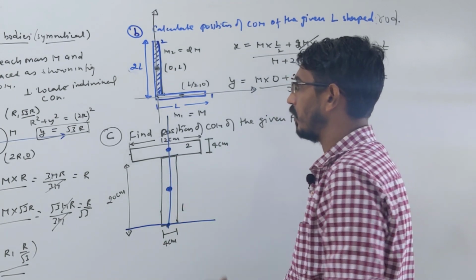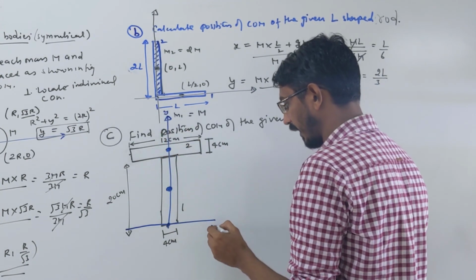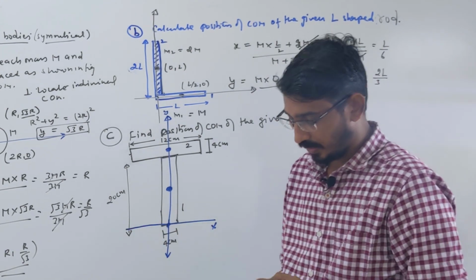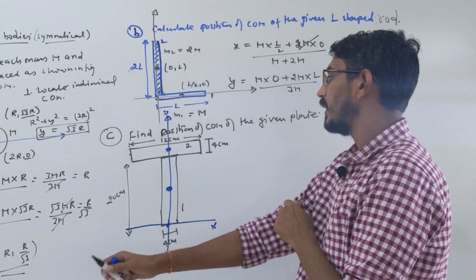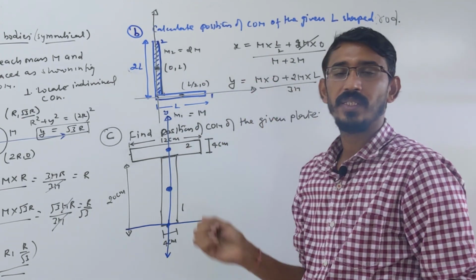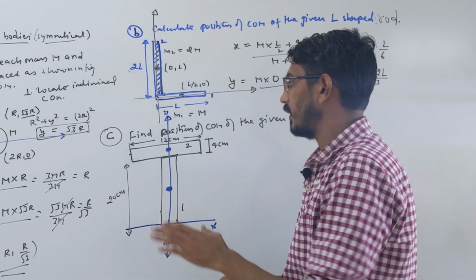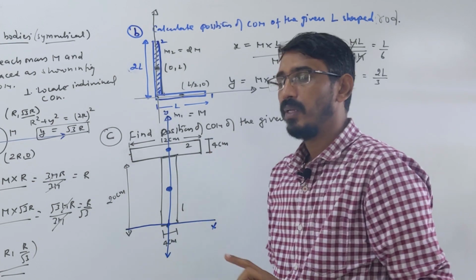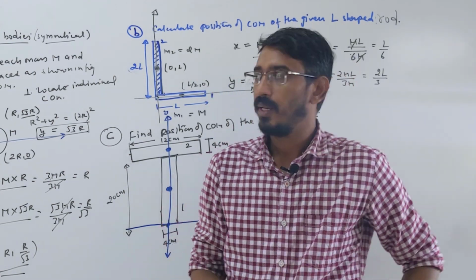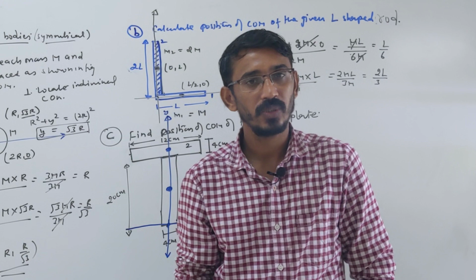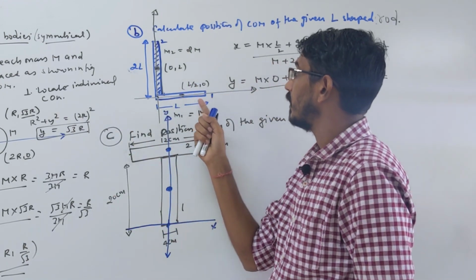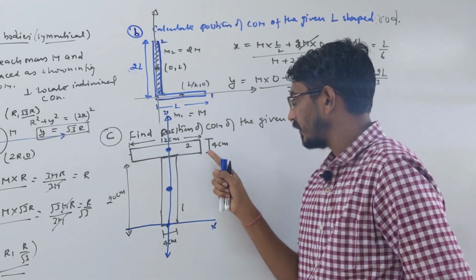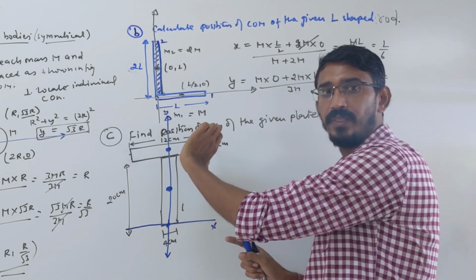This is your origin, this is Y, and that is X. Now you have to calculate where the center of mass of this system is. One thing you additionally have to do is handle the masses. You either have to calculate the mass, or you know these are uniform plates of the same thickness. Width or height may be different, so we have to calculate mass. For a rod it is easy, mass is proportional to length. If this rod has mass M, then that rod becomes 2M, because its length is double.